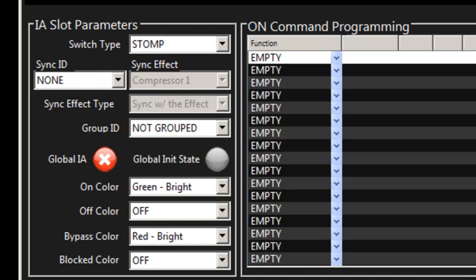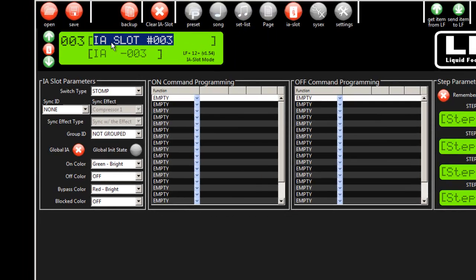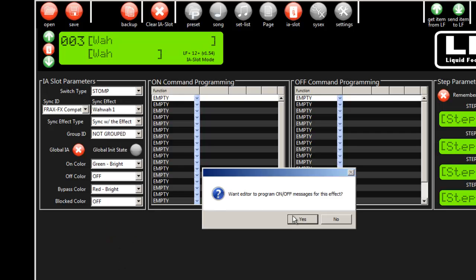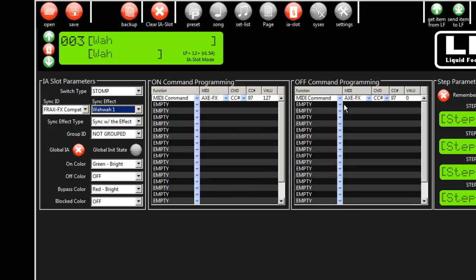So the first thing we're going to do, I'll just grab a slot here. We're going to create 3 effects real quick. So we'll do a wah on this one, and we'll sync that up with the XFX. We'll select a wah. I'll have it automatically programmed so you can see it plug in all the data values. Okay, so we're done with this IA switch, and now we'll go to number 4. We'll make that a volume,